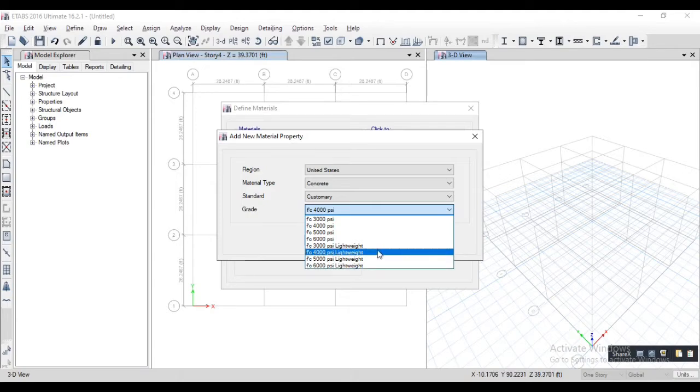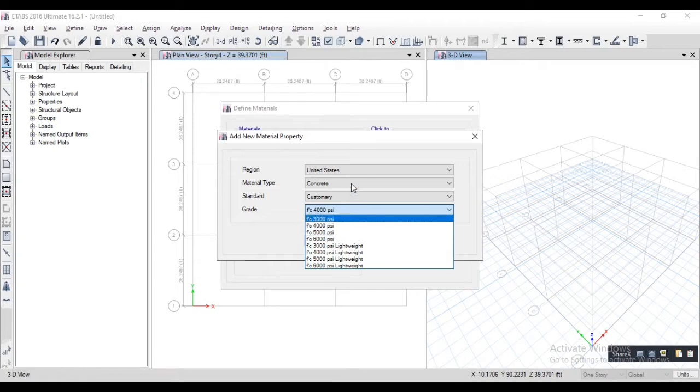What is the meaning of PSI? PSI means pound force per square inch. In India, we use kilonewton for units, but in America they use pound force per square inch, PSI. Mostly in America, they use FC 4000 PSI and FC 5000 PSI.